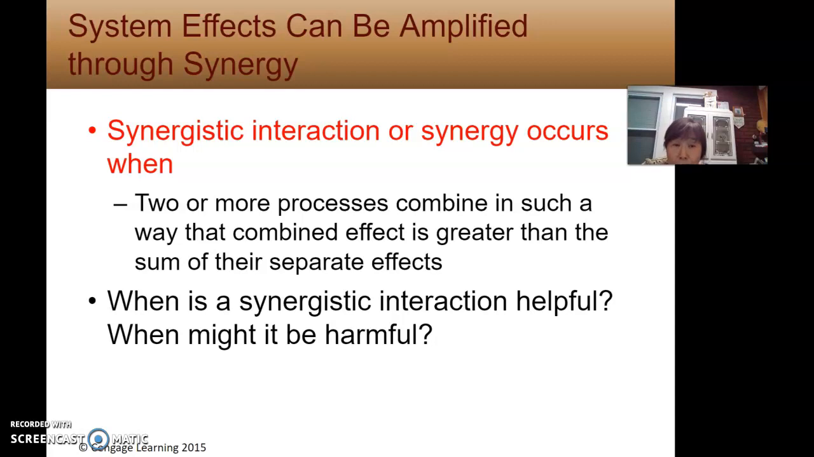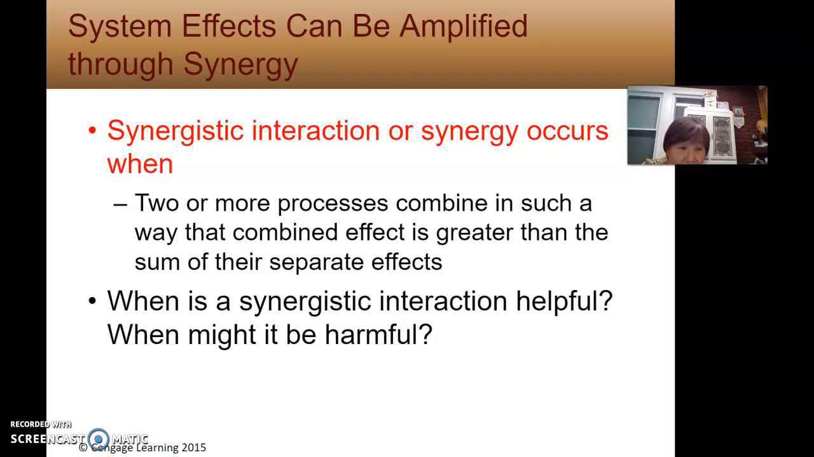And then one more important concept, which you will see on your quiz, the first thing on your chapter 2 quiz, is synergistic interaction, or synergy. This is a kind of combined interaction, a combination. You can think of it this way: two or more processes combine in such a way that the combined effect is greater than the sum of